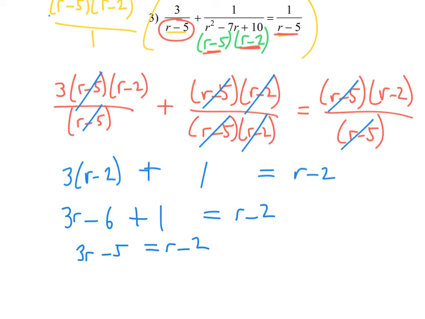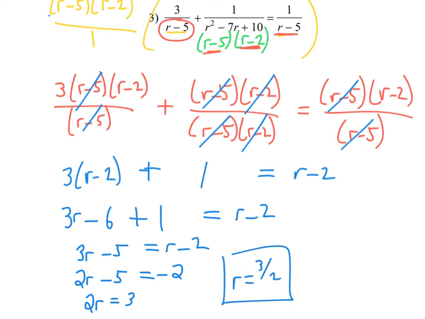Subtract r from both sides. Add the 5 over, and then divide by 2. Okay, and that should work again. Our only restrictions from the original denominators were r cannot be 5, r cannot be 2. So our 3/2 looks good to go. So that's the process on those. Just kind of go back and take a look and think about, even going back